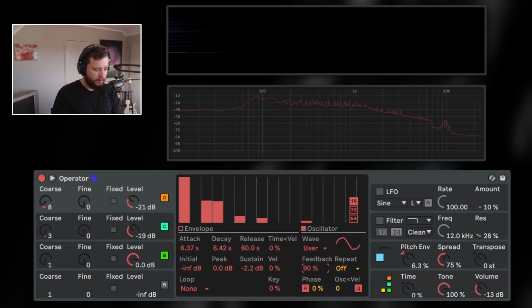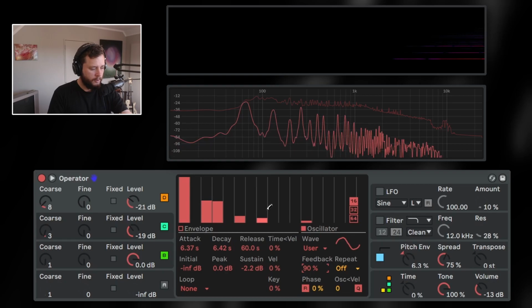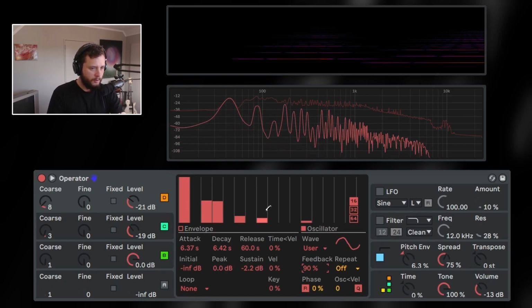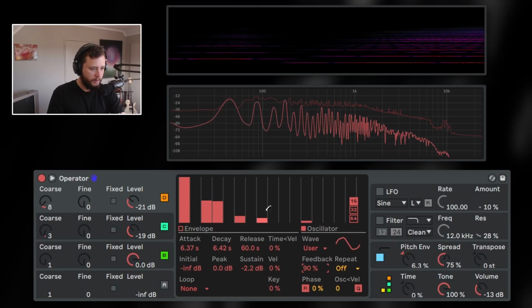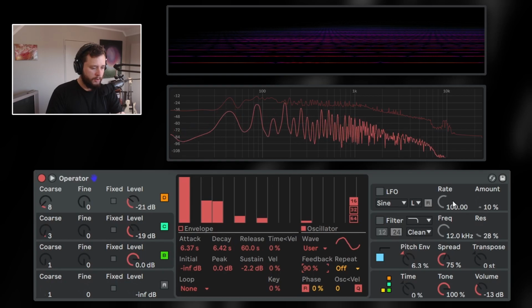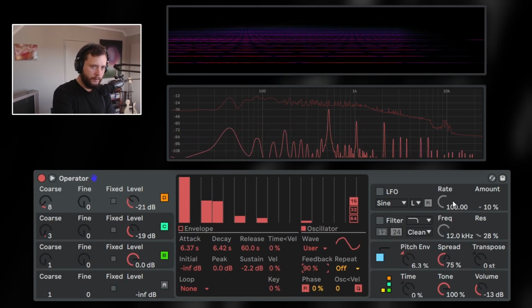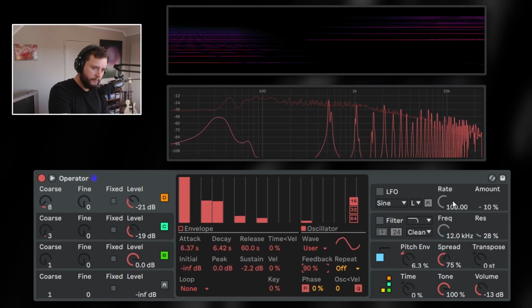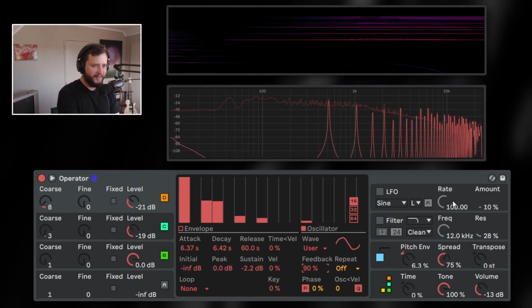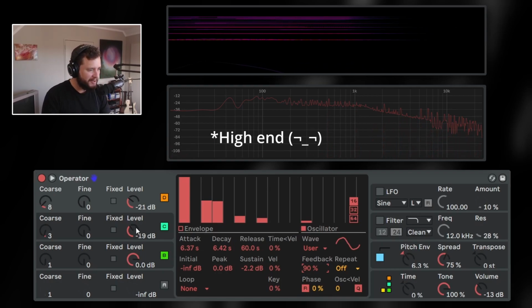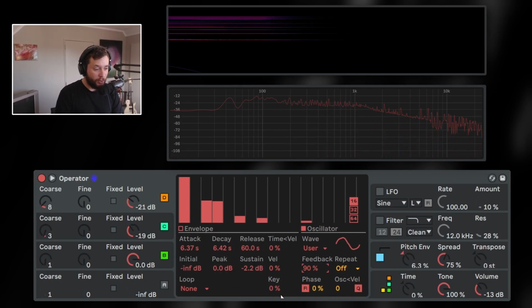How does that sound all throughout the keyboard here? So if I play low notes, we go even lower here. And high notes. Okay, so it's getting pretty harsh on the low end here, so maybe we can go in and tweak our